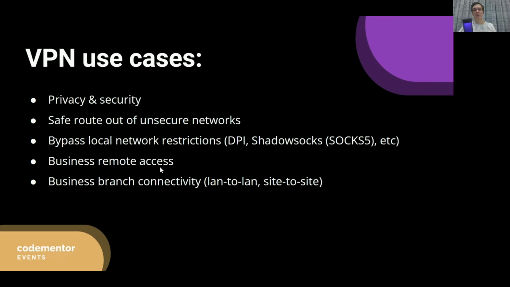So business remote access is pretty obvious. You just connect from your laptop or mobile device to your office to get connectivity to the resources that you have in your office or data centers. And business branch connectivity we have to discuss, because in order to connect two branches, you have to use LAN to LAN or site to site VPN. So what is the difference? Basically, those are